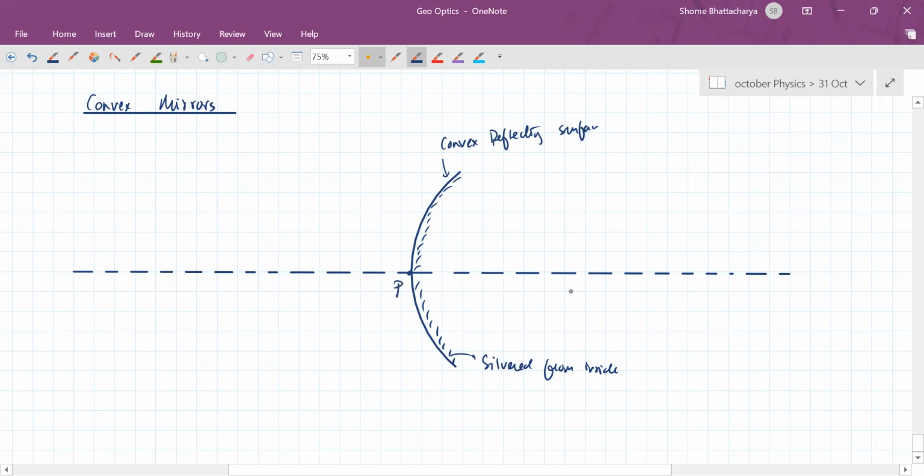Once again, this point is our pole. Let's say this is our center of curvature. Now let's consider a point object somewhere in front over here like this. Then any incident ray over here like this, we consider the